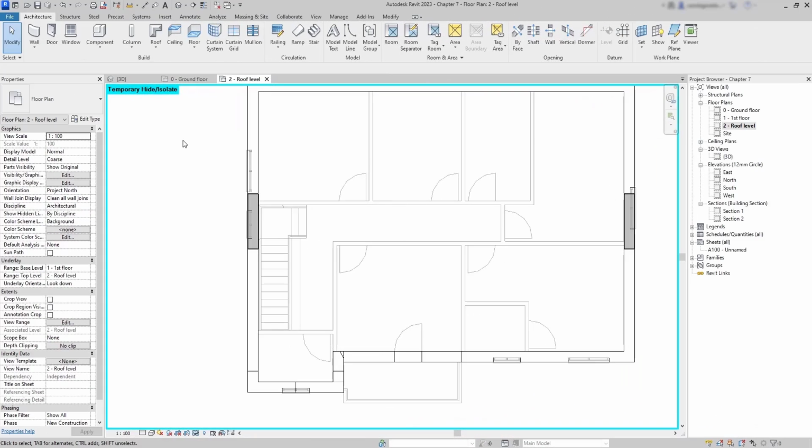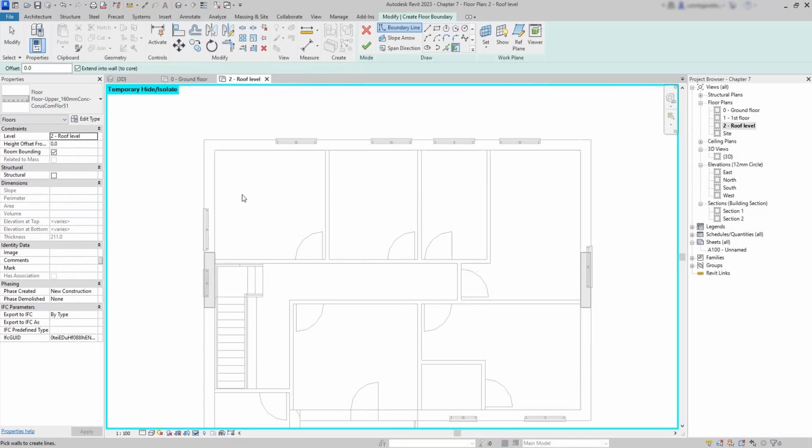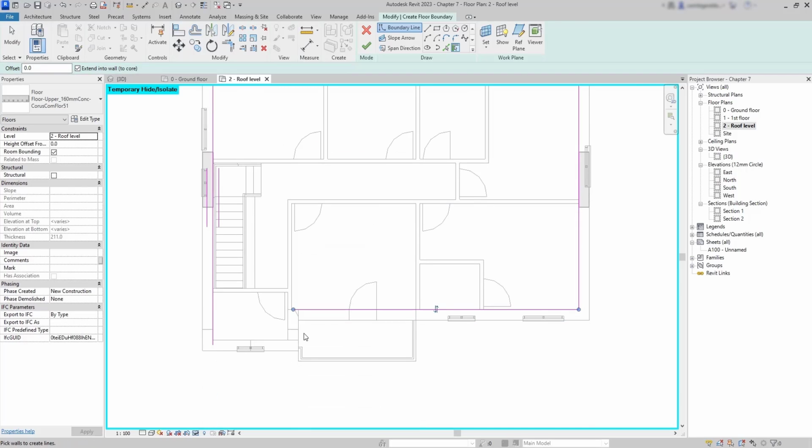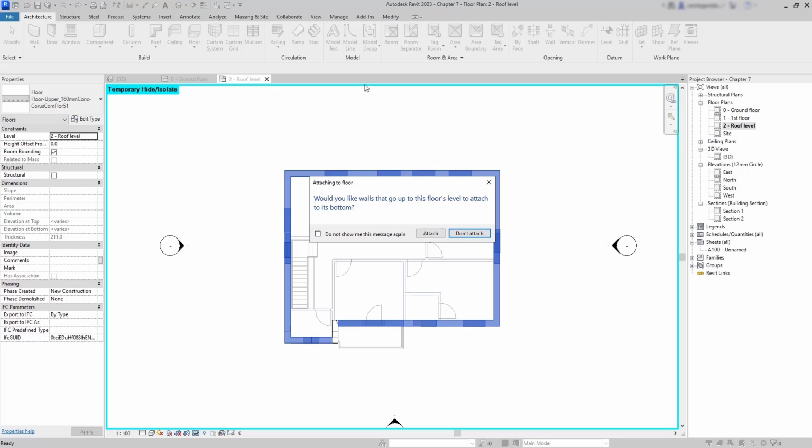Now let's activate Floor and pick all the exterior walls, and don't forget to click on the internal side of each wall. Confirm the changes. Then I'm going to click on Attach here, so the interior walls on this first floor will attach to its bottom. Then,